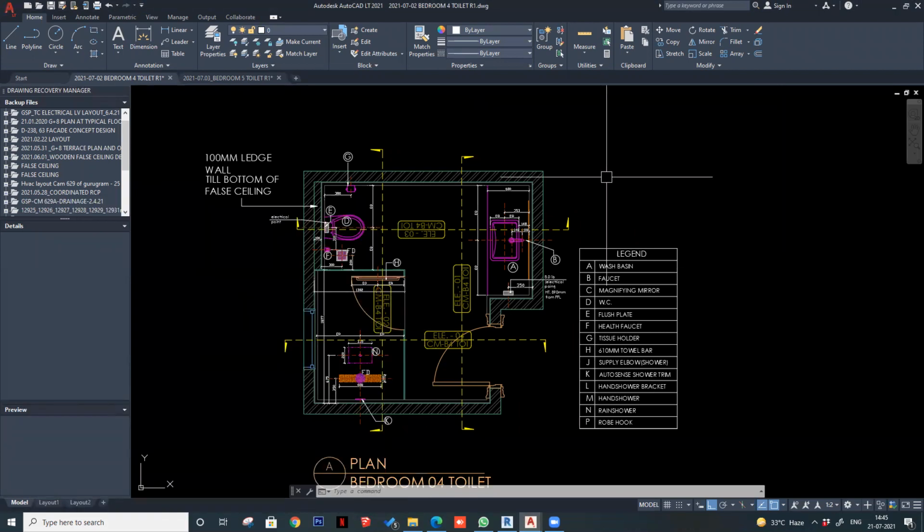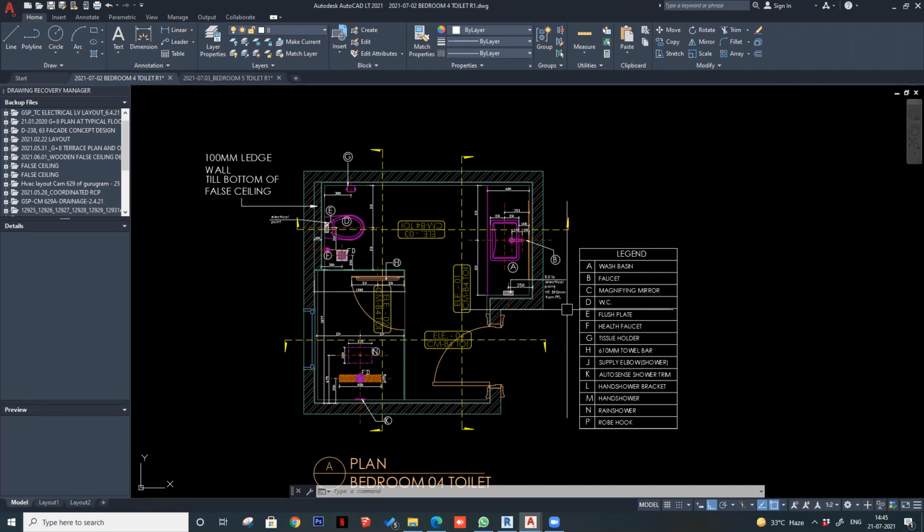Okay. First, for you to start these drawings, you'll have to do some pre-work. I'll just tell you the points you have to cover before you start these drawings. Firstly is the information that you need from site. The information you need from site is the actual on-site dimension of the space.